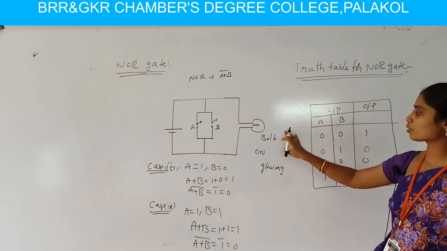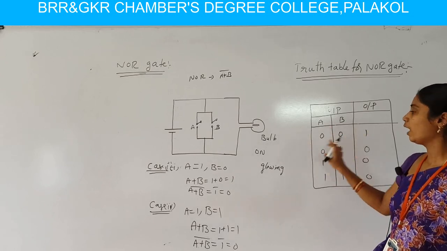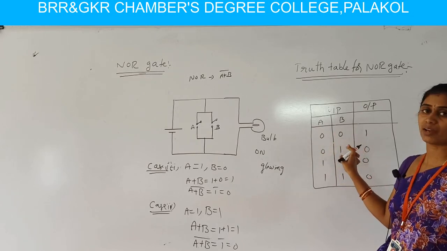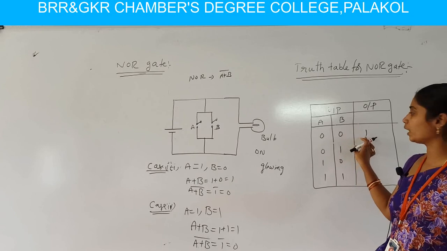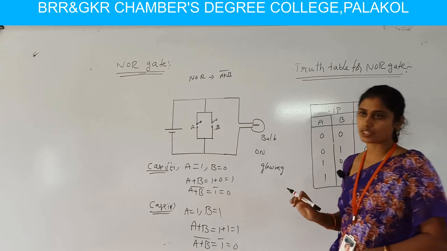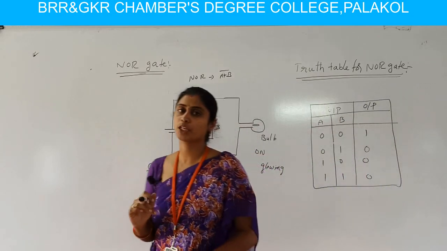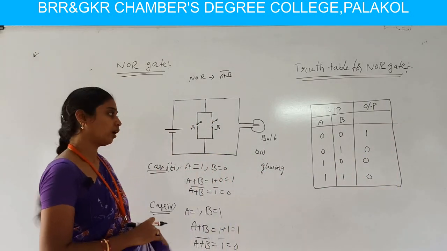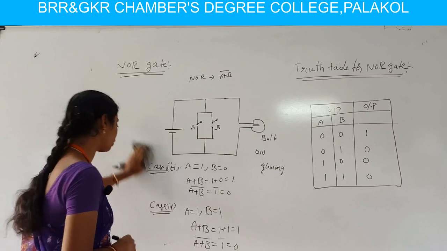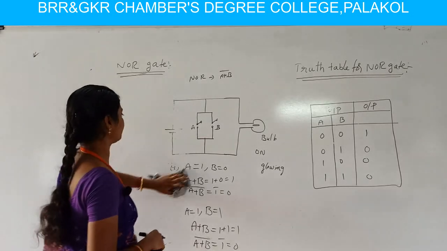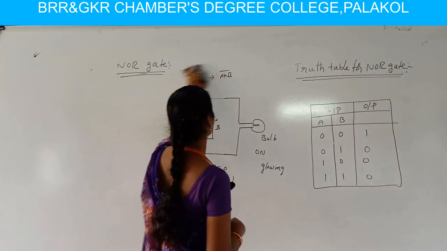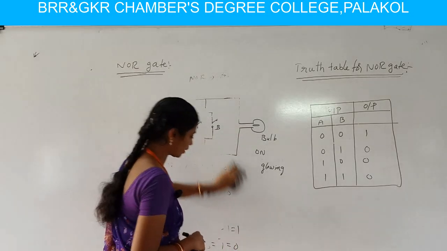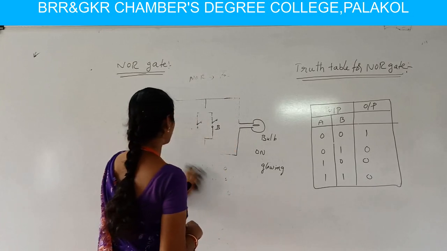It means the bulb glows in only one case, whenever both the inputs are 0, where the output has a high value, which is the first case, A 0, B 0. Whenever we consider the two inputs at low logic level, we get the output in high condition, the bulb glowing. Okay, I hope you are following this NOR gate. This NOR gate is said to be a universal gate because from this NOR gate we can construct the basic logic gates.